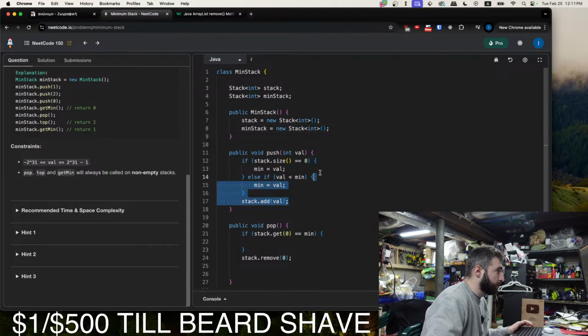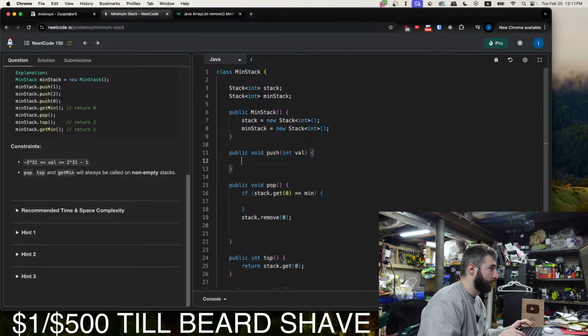Okay, pushing the value would require us to push the item onto the stack.